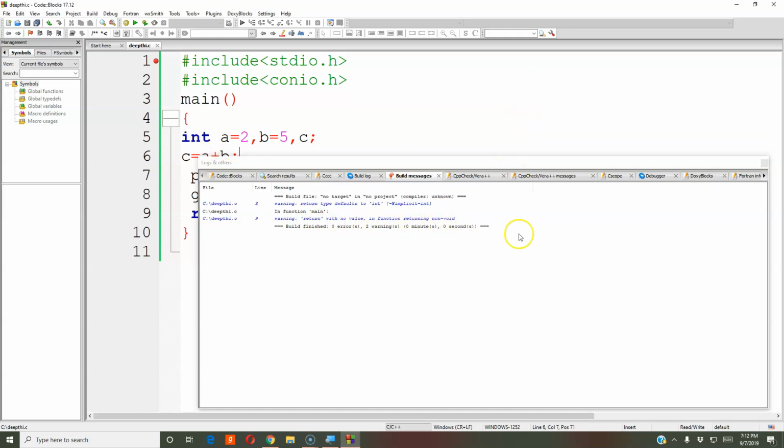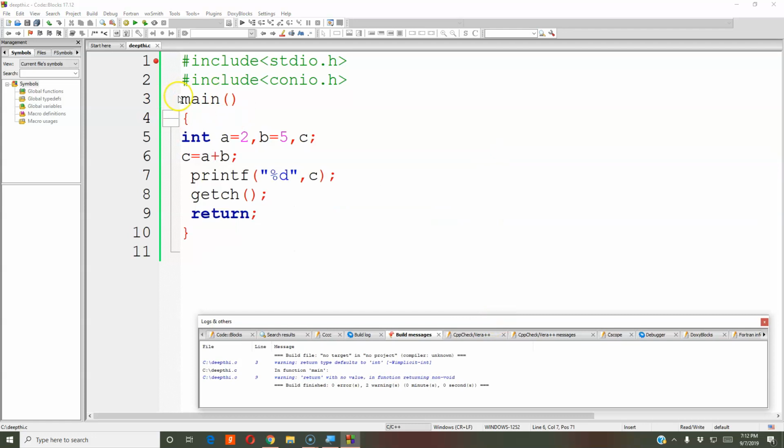Okay, I can neglect this, or you can do one thing. You can give void main instead of main. Here main is the name of the function which every C program will have. In the previous video we have discussed, but anyways here you can give void main, int main, or inside this as argument you can give void so that this warning will be avoided. It's fine. Let's run this.